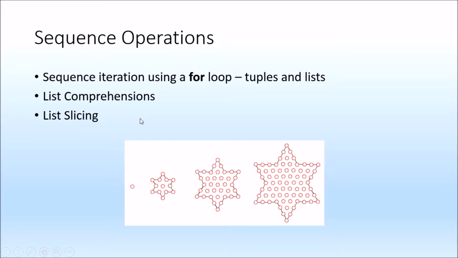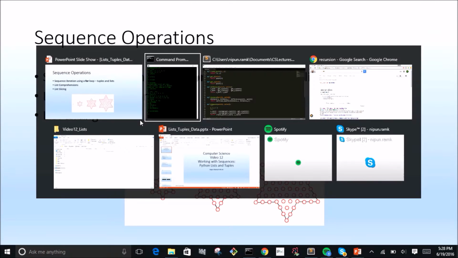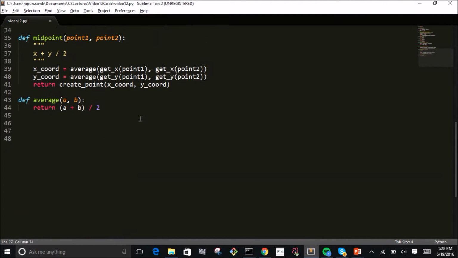So let's talk about the for loop. And to introduce this, I'm just going to go over something very basic that we might want to do with lists. Let's say I want to print the items of a list. Okay? So using what we know with lists and iteration in general, one way we can naturally define this is